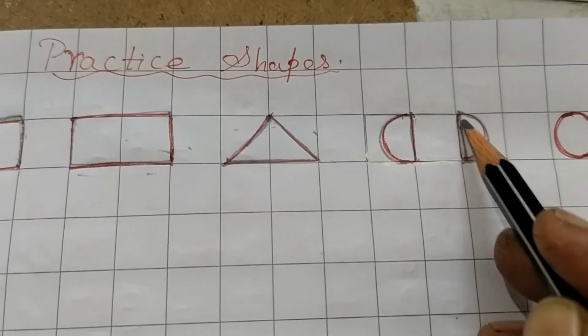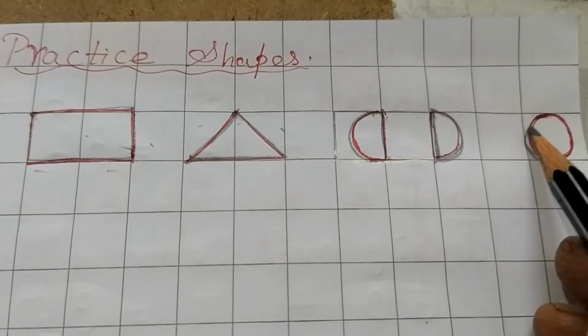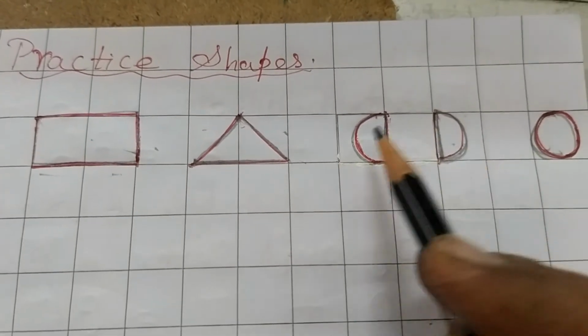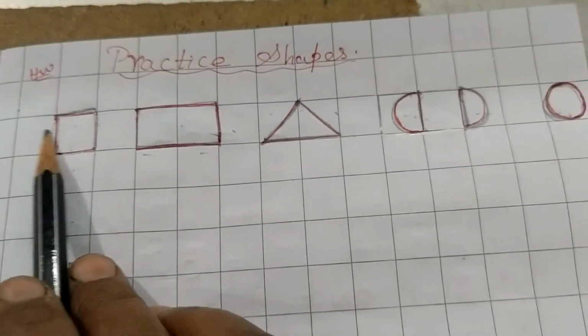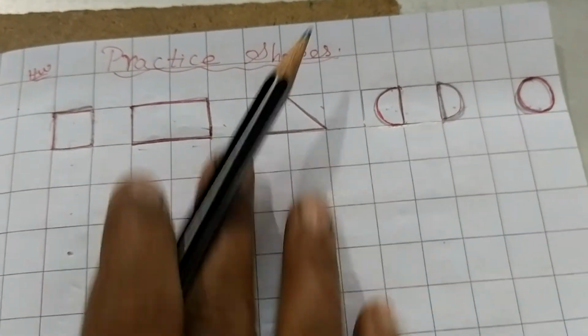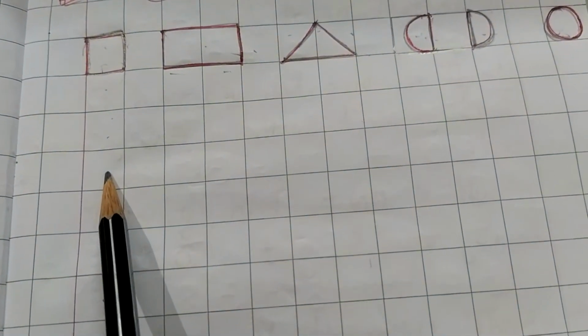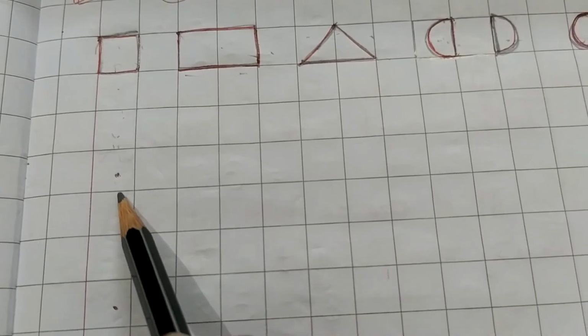The first time you please draw it and give them. Then using both the bounds they will draw the circle. See here, now you got 2 semicircles, right and left, as well as a circle. So this is a very good practice of drawing, and they can draw this whole page. Please give them dots after 2 boxes, leaving 2 boxes, so while they draw, it looks neat.